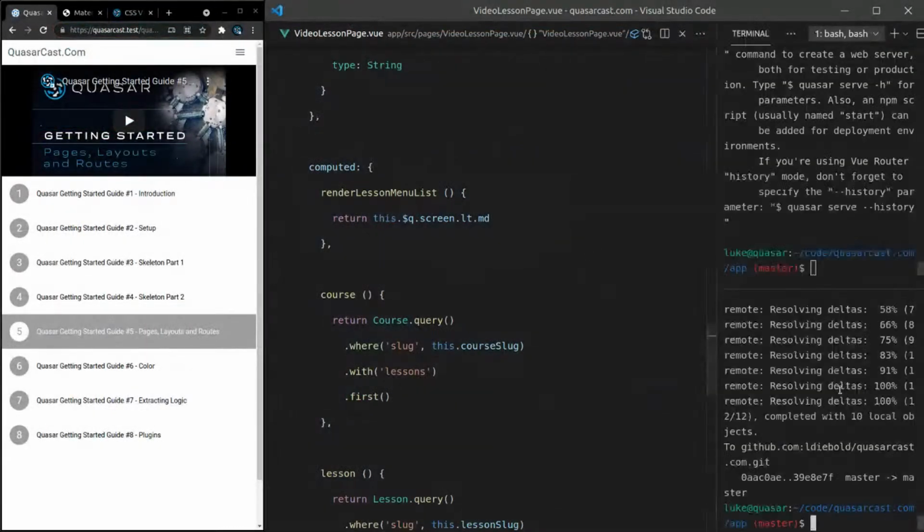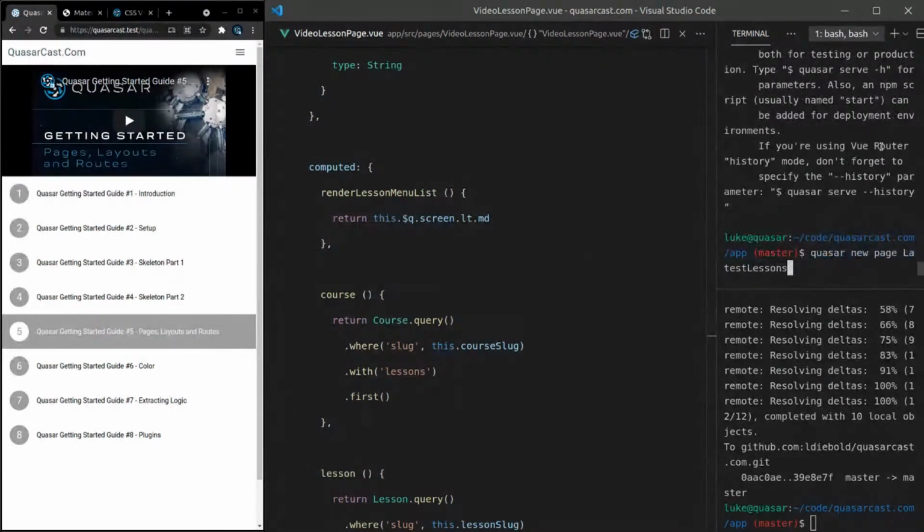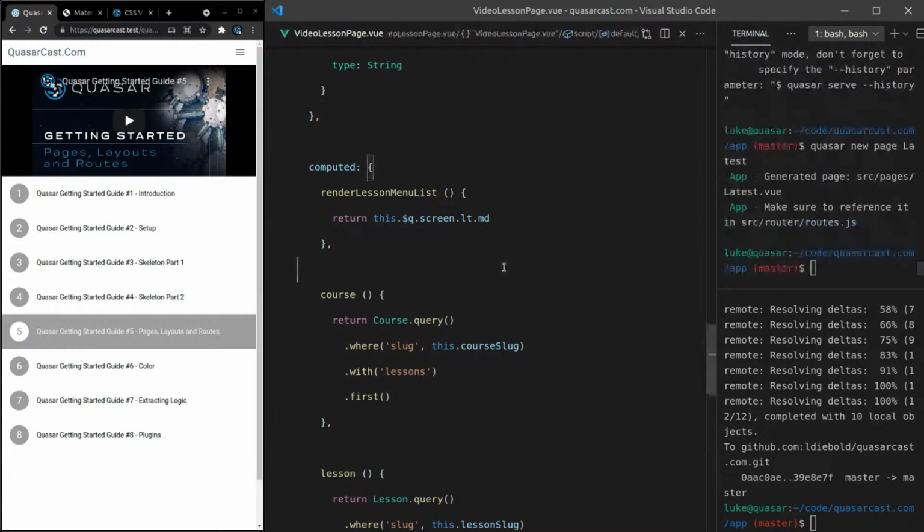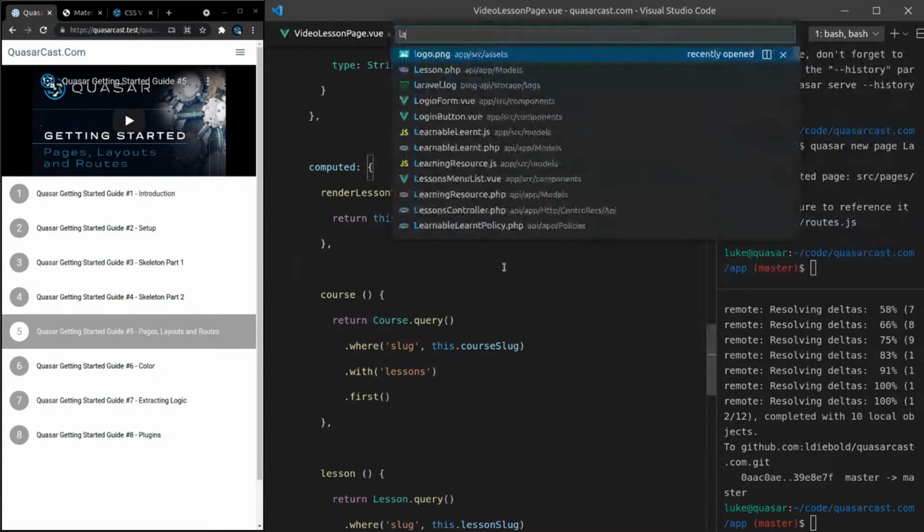Let's go ahead and create a new page for that. Quasar new page, latest lessons, or maybe latest videos. Well, you know what? We might even just call it latest for latest in general. Yeah, all right, let's go with that. So now if I jump into our latest